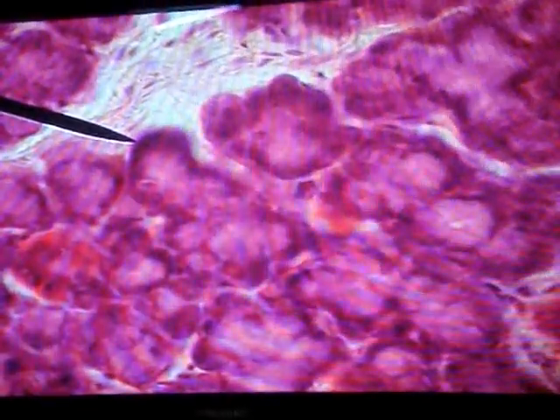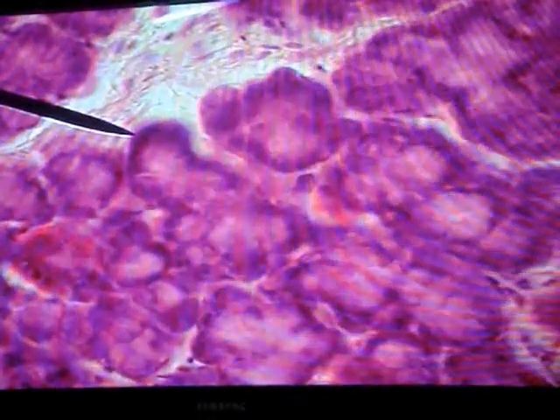Here you don't see any serous acini. In the other slide which I showed you, the previous slide of the submandibular, I agree very few serous acini were seen in this slide. Okay, let me show you another slide of a submandibular with more serous acini.